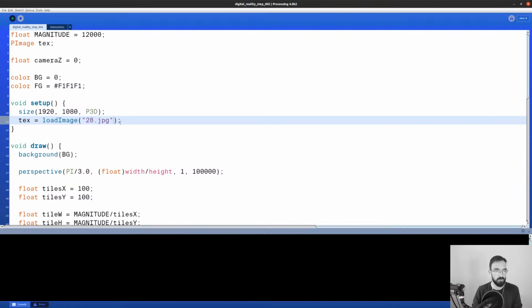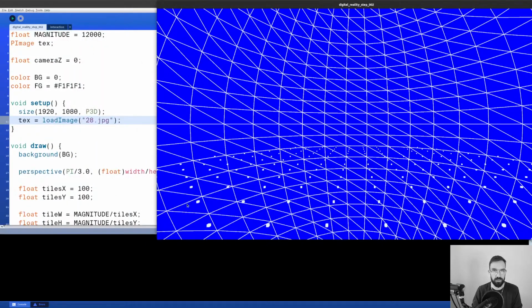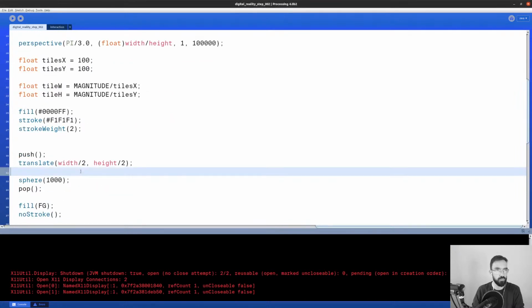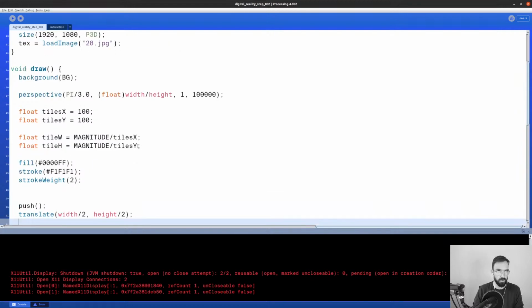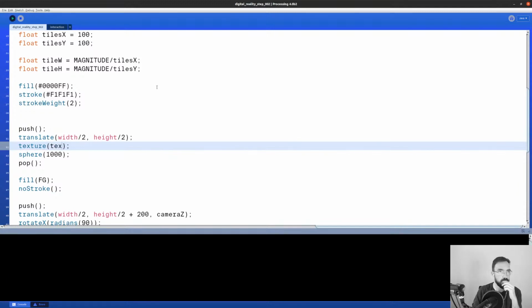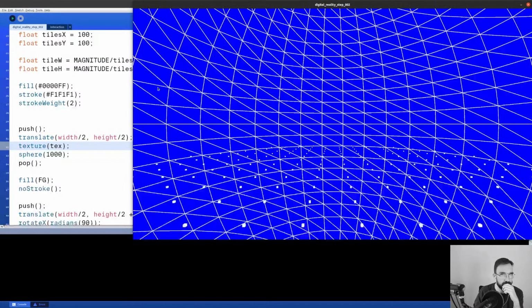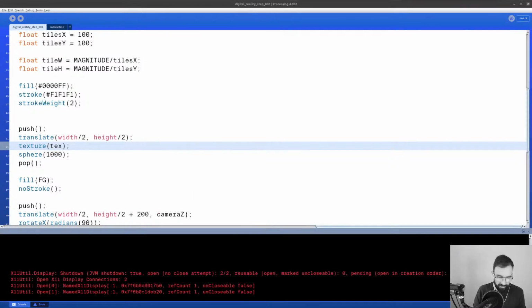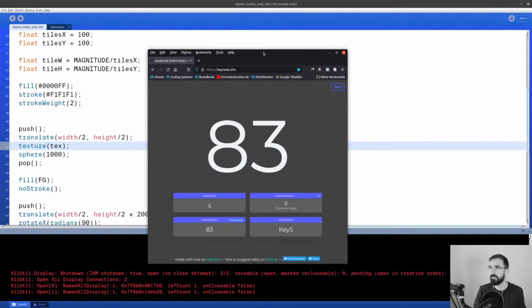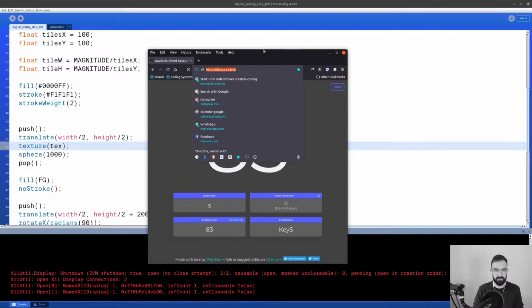Okay, does it work? It's in the sketch. It doesn't yell at me. That's good. Cool. Now I can hopefully use that to work with it as a texture. Okay, that doesn't work. I fear it doesn't work because working with textures on 3D primitives in Processing works a little bit differently than expected. We have to create a